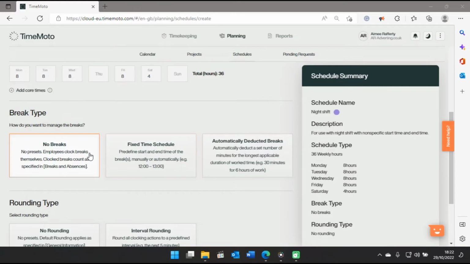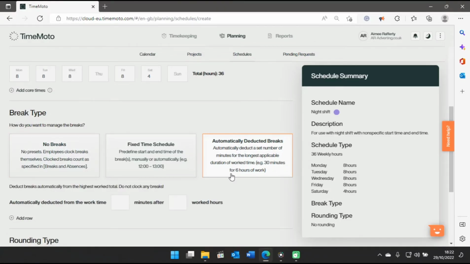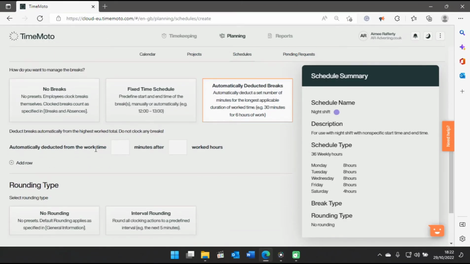Break type. Now, because the employee is not on a fixed time schedule, we are going to choose automatically deduct. Now, this is because we are just going to select times for them. So within the time that they're working, we start with a 15-minute break after they've worked 3 hours,